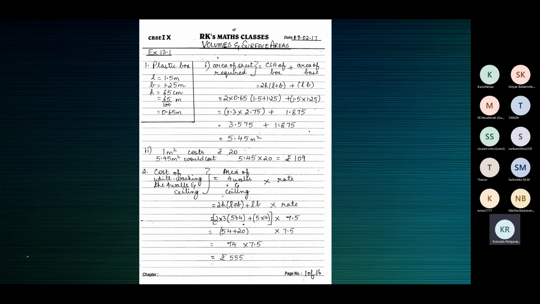Imagine 1 meter by 1 meter. 1 meter is 100 centimeters. So that 100 centimeter by 100 centimeter, you can imagine that on a scale you have 15 or 30 centimeters. So a 30 centimeter scale 3 times, a little more than 3. So that is 100 centimeters by 100 centimeters. To paint up that area, you have to spend 7 rupees 50 paise.